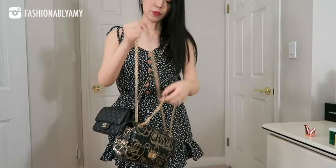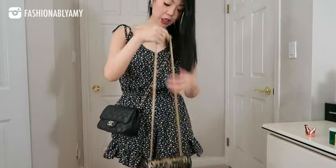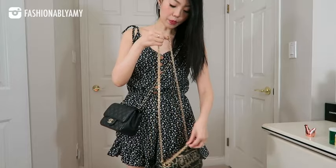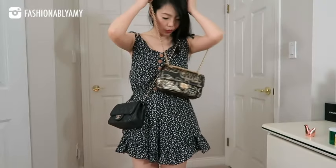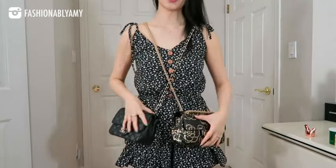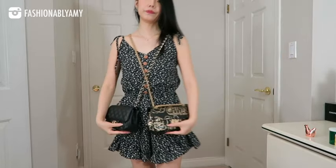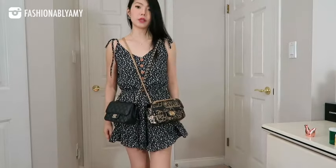So this is the Reissue Mini. This is a newer offering, so not everybody will have this bag unless you have the older version with the double flap, the 224. But I'm just fixing it to wear crossbody just to show you. See, this one has a slightly shorter chain because they both sit right on top of my hips. So this is quite nice in terms of how I like it